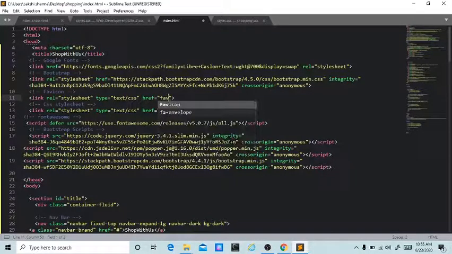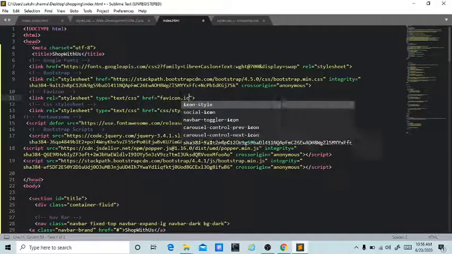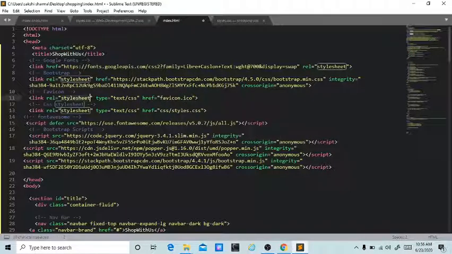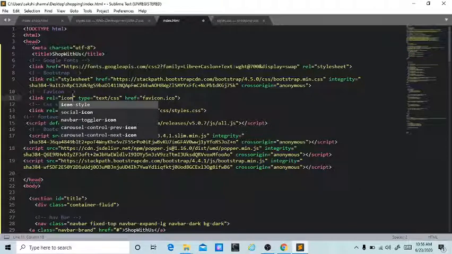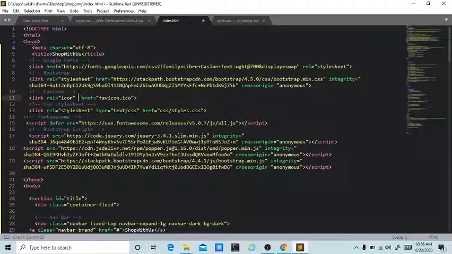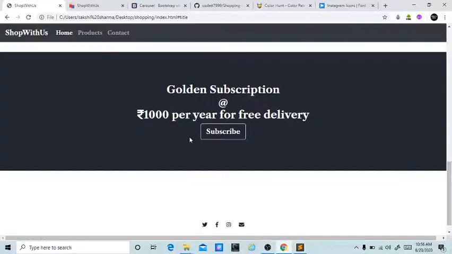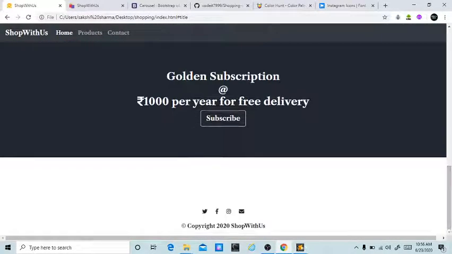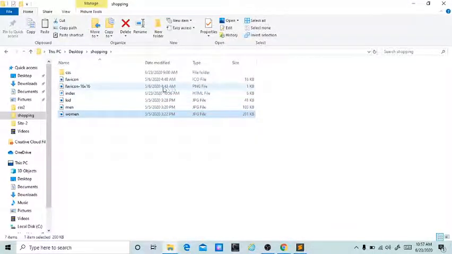And favicon.ico, always check the extension, and it's not style sheet, it's icon. Let's refresh, and I have this female favicon here, but I want the shopping bag, so I have to search for it where it is. Okay, I got this favicon,